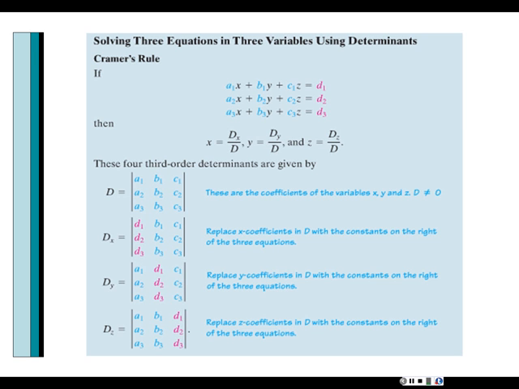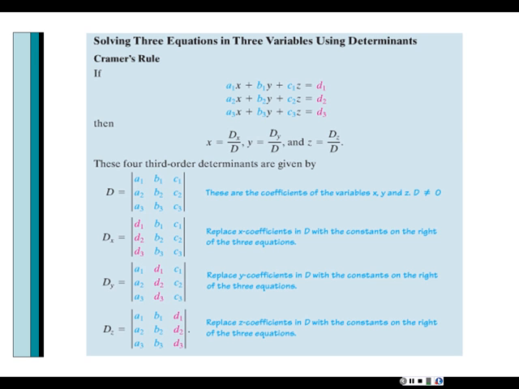When you are taking the determinant of z, everything will be the same except the column of the z will be replaced by the coefficient of d. So nothing is hard to remember. You don't have to memorize it. I think it's easy because we just started with the d, which is easy. Once we have the d, the rest is simple because we just have the same matrix, except whenever we are calculating